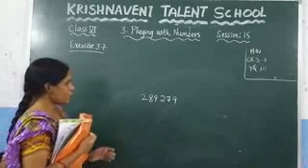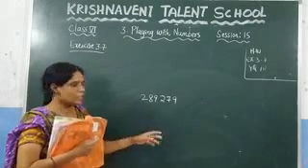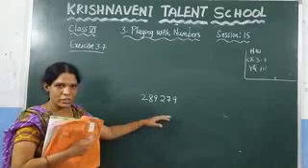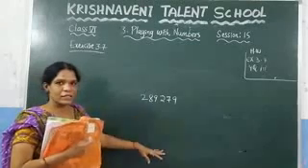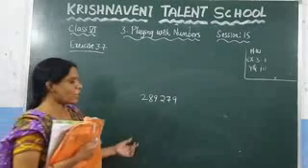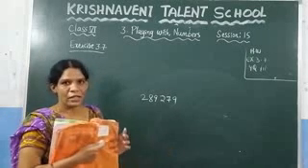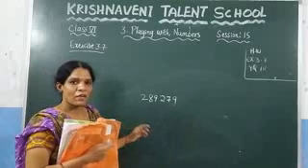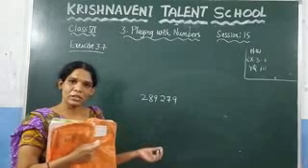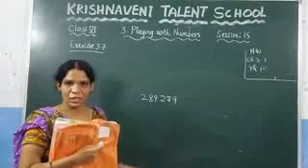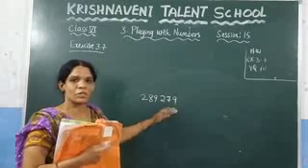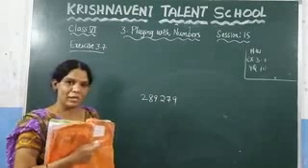That is the problem. They have given this number, and it is not divisible by 8. You need to add a number to it such that after adding, the resulting number is divisible by 8. So you need to find that number. In the question they ask for the smallest number, which means you need to add the smallest number. You know 1 is the smallest number, so you add 1, 2, 3 and so on to check whether the result is divisible by 8 or not.